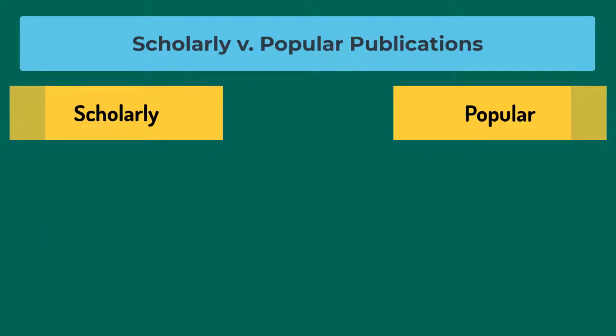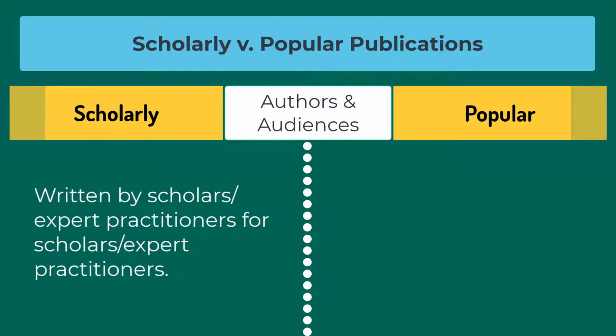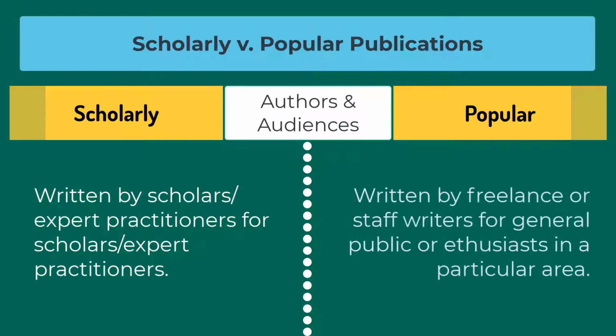Authors and audiences. Scholarly publications are typically written by academics or expert practitioners for other academics or other expert practitioners. Popular publications, on the other hand, are typically written by staff writers or freelance writers for the general public. Think People magazine, or enthusiasts in a particular area. Think Guitar magazine. It's important to keep in mind that while the writers may do a thorough job at researching their articles, they are often not experts on the topics about which they are writing, and this may lead to